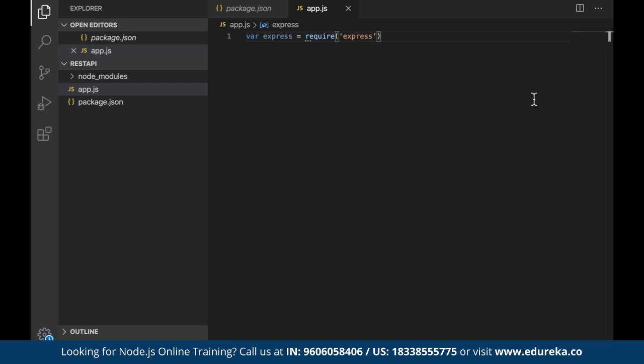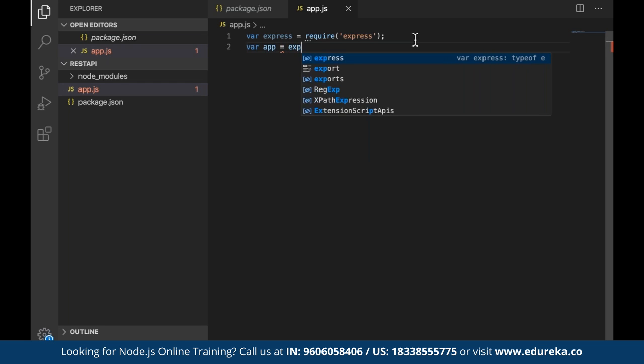Express is one of the packages or frameworks available in Node.js, and in most places you will see this package used for making APIs, guys. Now we have to make an object of that. We do like this, var app equal to express. Why do we do that? Because we get the methods from there.